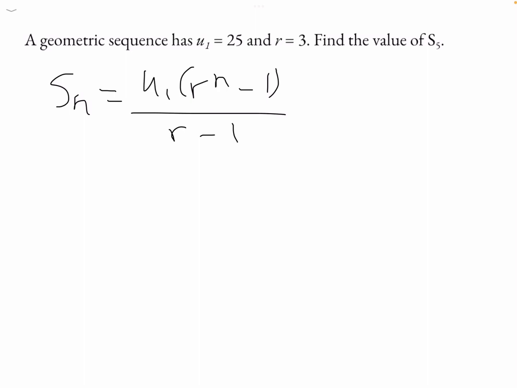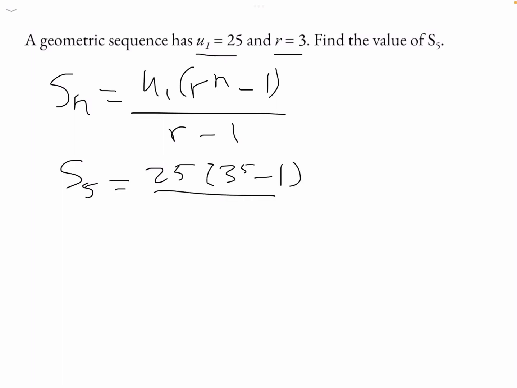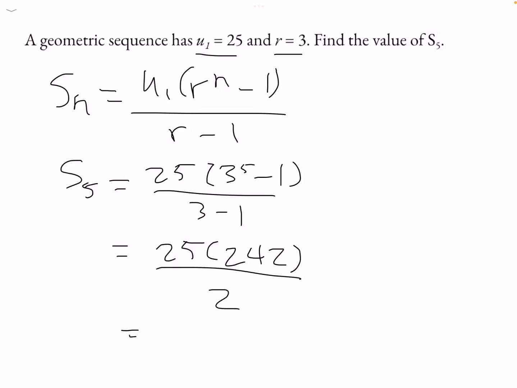So now we know that u1 is 25, r is 3. We can sub them into the formula. So S5 is equal to 25 times (3^5 minus 1) over (3 minus 1), which is equal to 25 times 242 over 2, which is equal to